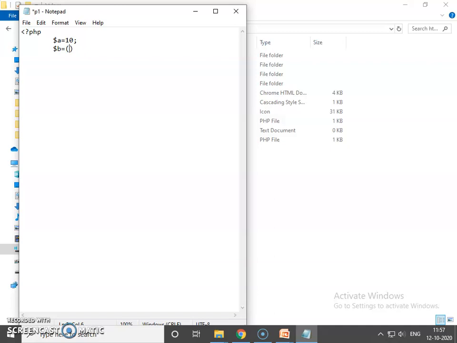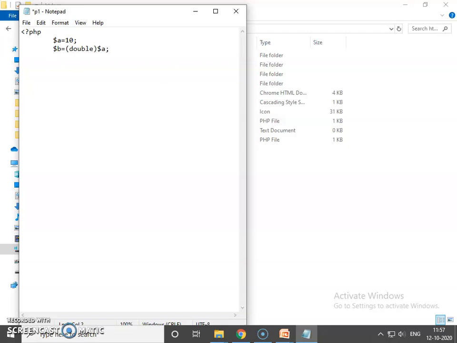So here I am using the double data type, and then after that our variable $a. Here we are using the typecasting concept for a variable. First time $a is an integer type variable, and second time it will be a double type variable.